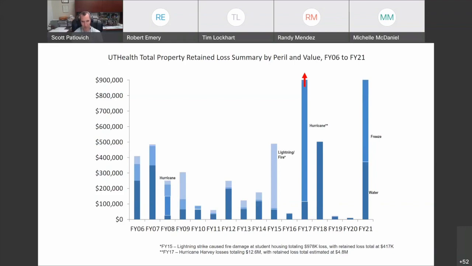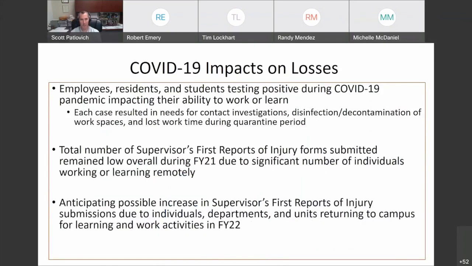It's important for our stakeholders to see how we're doing. And on this particular slide with the retained losses, we're able to highlight specific, I'll call them hallmark events, that have been a bit costly, and the reason why some of our retained loss years have been not so kind to us. Things like fires, named storms, Hurricane Harvey being a massive event for all of the UT system institutions on the southern part of the state that got hit by that.